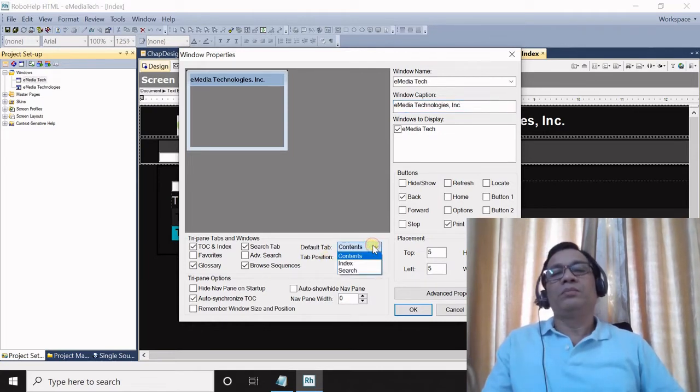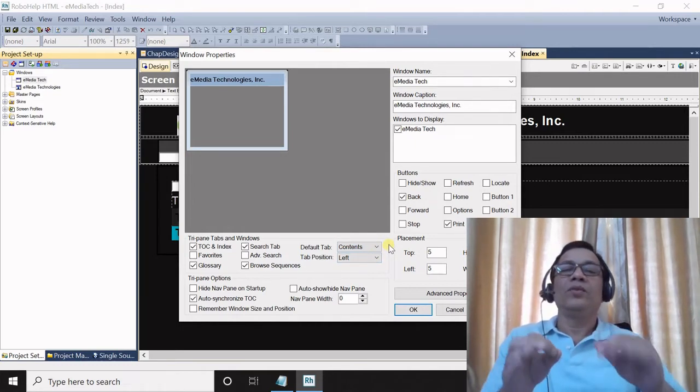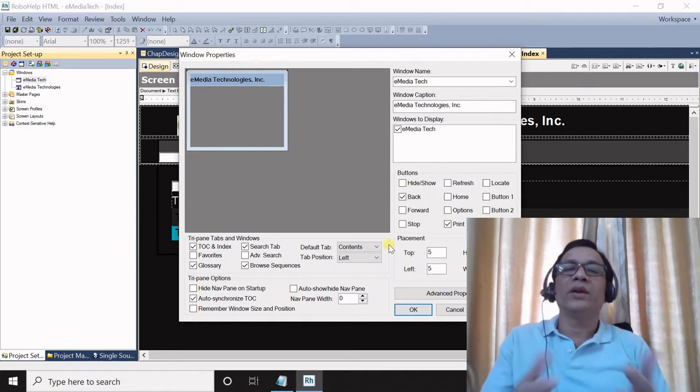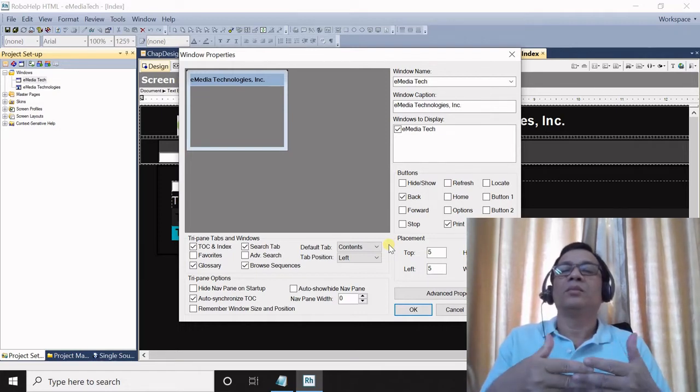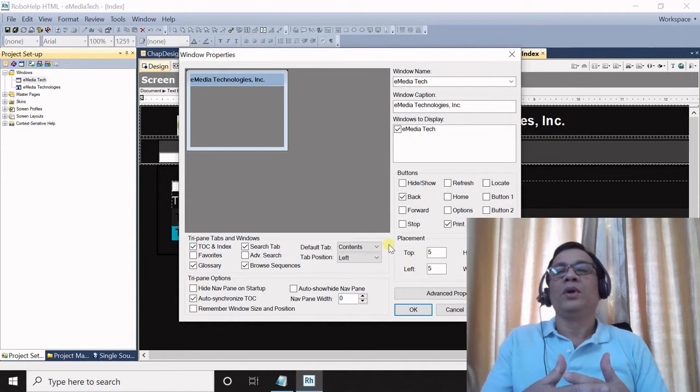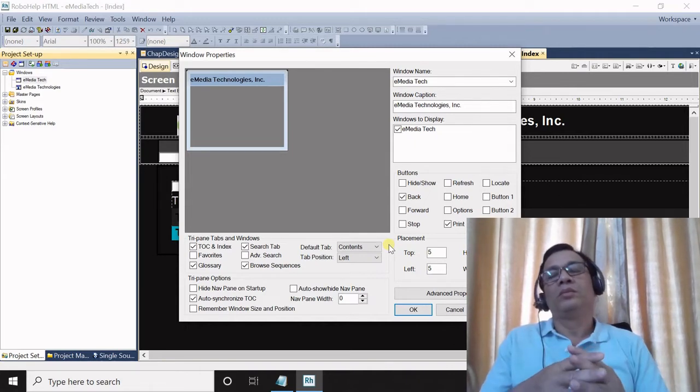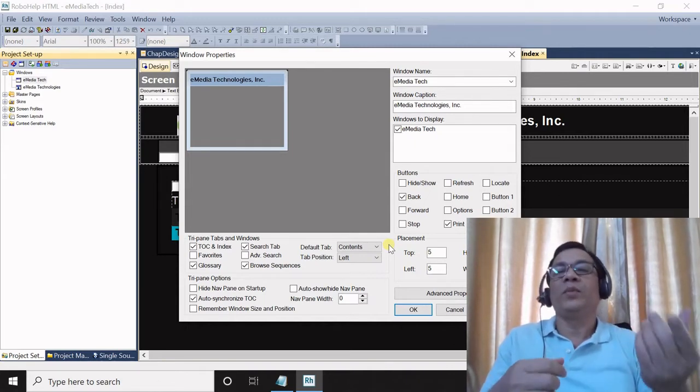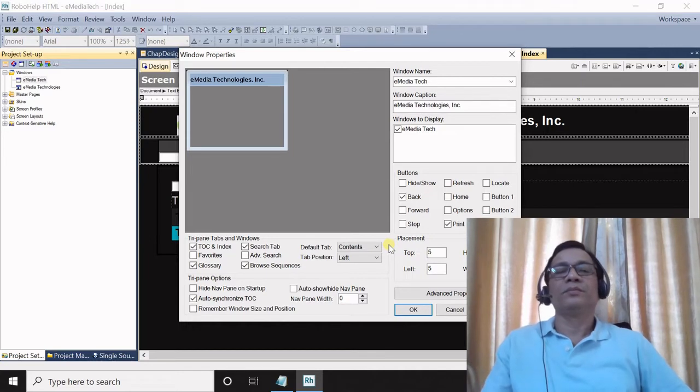Under default tab, you have three options: contents, index, and search. So you can make one of the options the default tab. This means that if you have selected contents and when you create your help and open the help, the content will appear first.